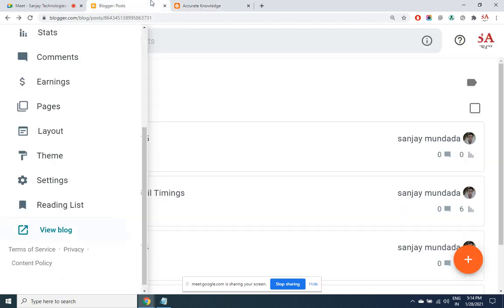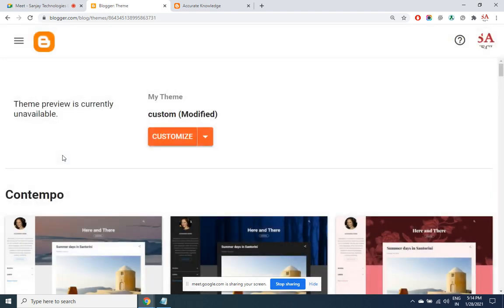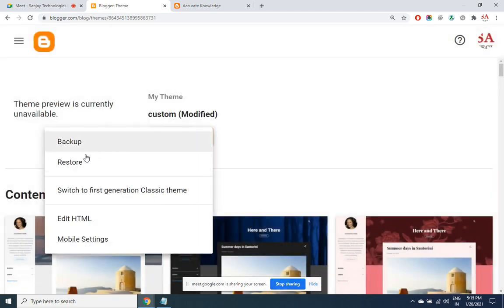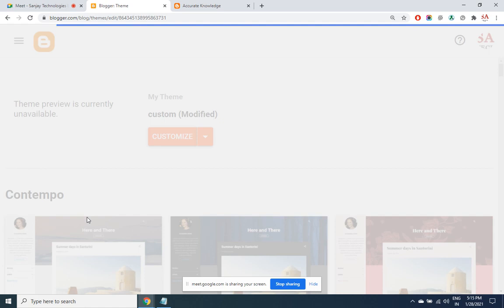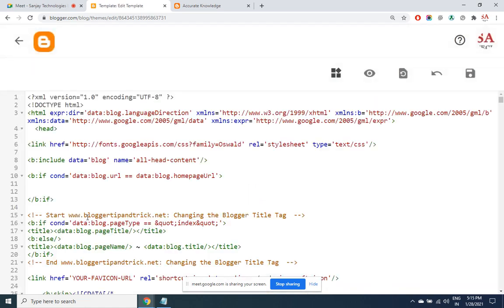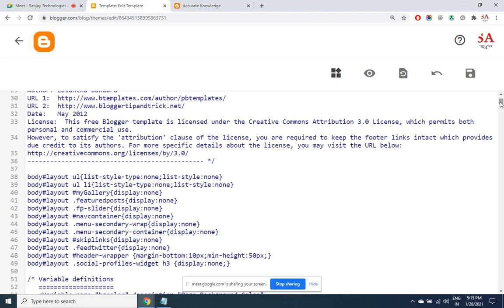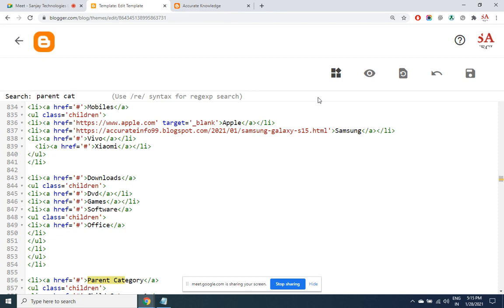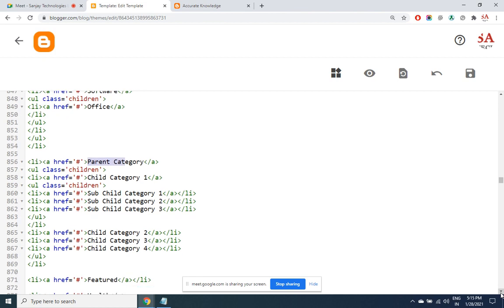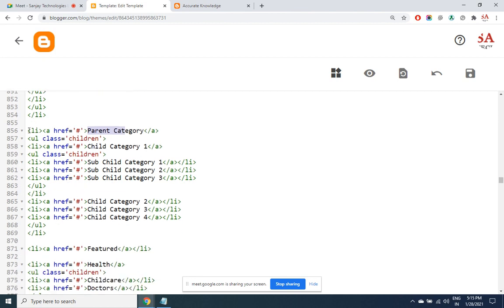Let us do it. I go back to theme, edit HTML. This word is a menu which has even a sub menu.